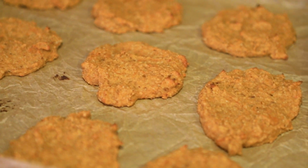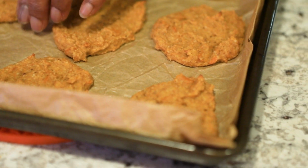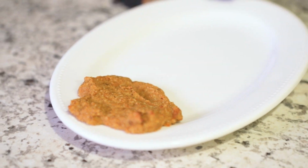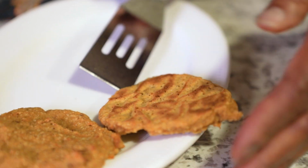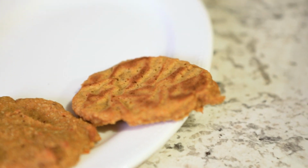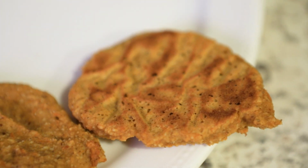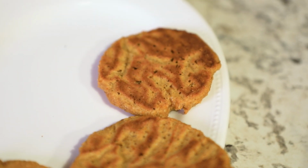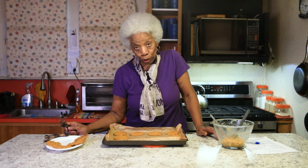So the cookies are all done. This is what they look like. I just took them out. And it really was 13 minutes, not 10. And then I'll show you what the back looks like. That's how I know it's done. Got a little bit of brownness on the back. See that? If you want to eat them hot, you can eat them hot, but they taste so good the